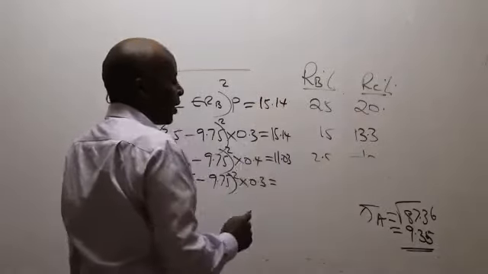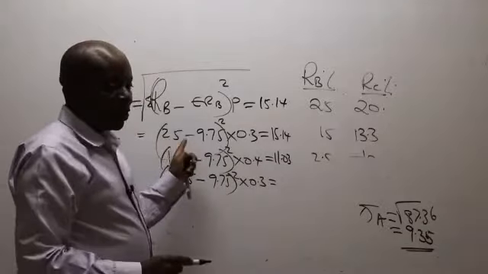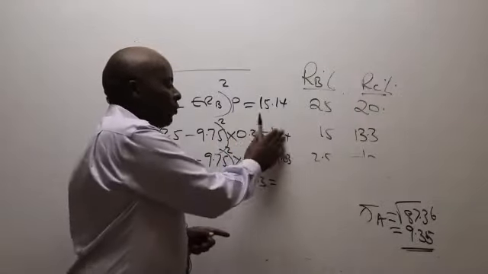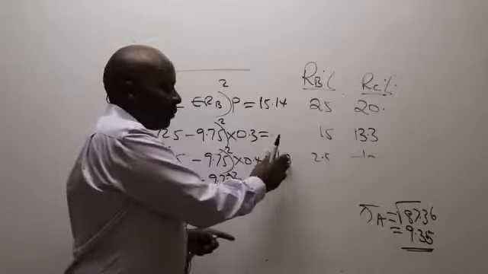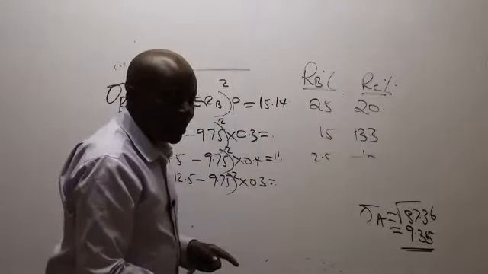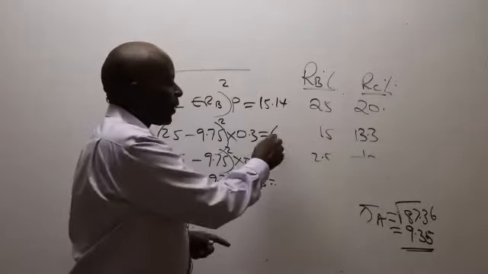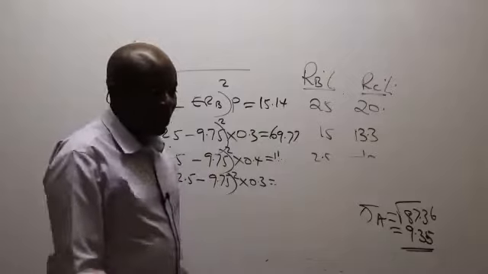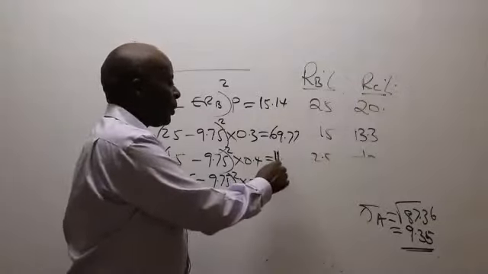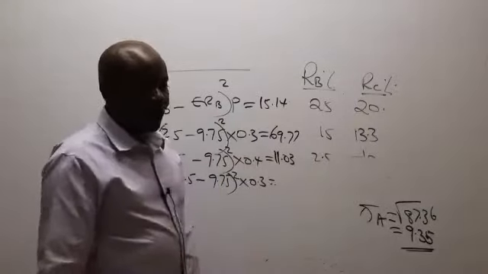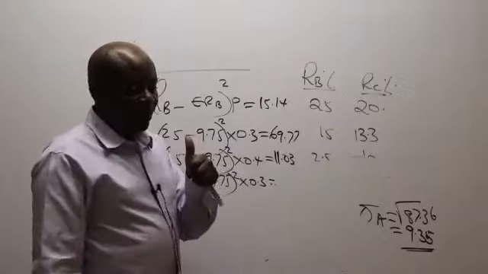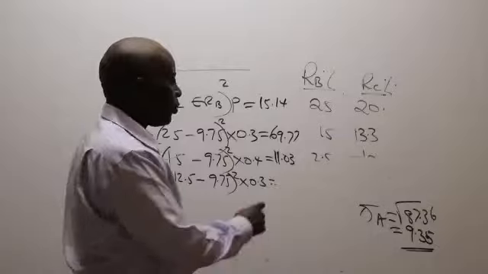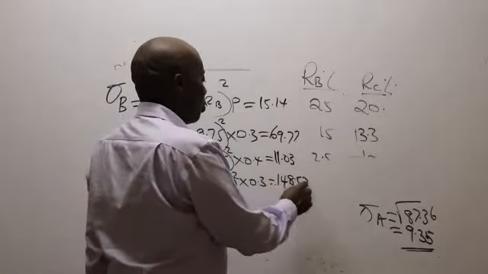15.14 is standard deviation. So then how about this for the students who are doing this? For the students who are trying to get these figures, is there somebody who can give me this very fast? 69.77. Thank you very much. How about the second one? 11.03 approximately. The last one, 148.52. So total